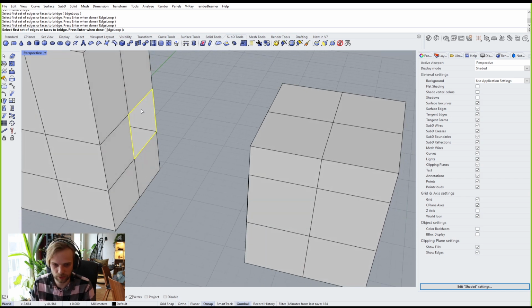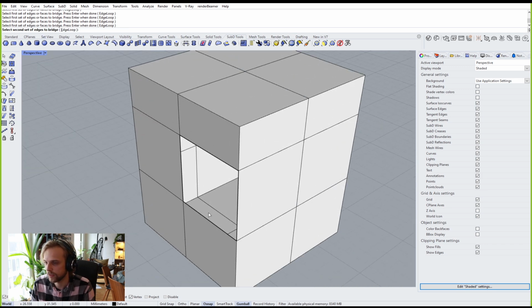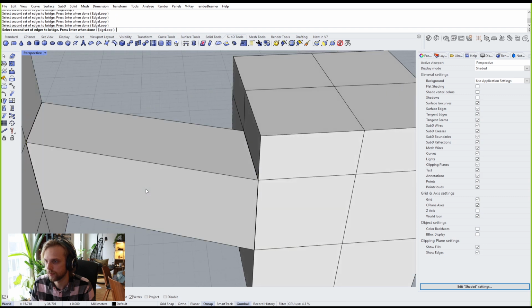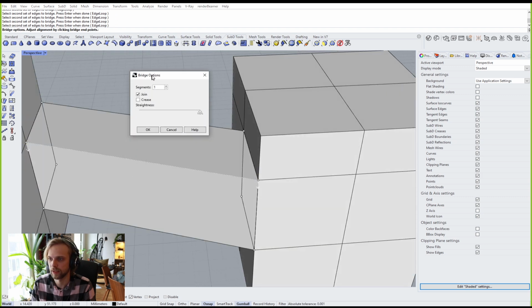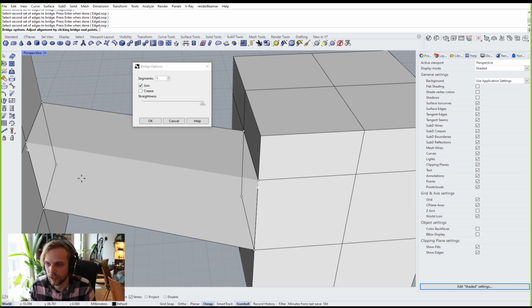And so I select them, I hit enter. It asks us to select second set of edges. And it just creates a bridge immediately between these. So it's virtually the same thing as loft. The only difference is,